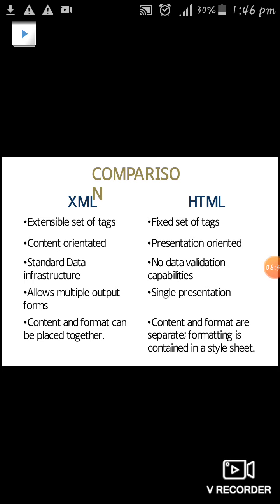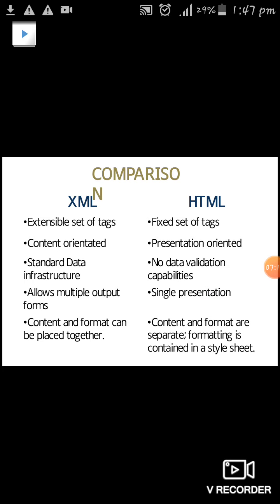So next is the comparison of XML and HTML. In unit 1, we clearly defined the tags of HTML and the enhanced technologies of HTML, that is dynamic HTML. So basically HTML has a set of predefined tags. By using those tags, we can design web pages. But XML has its own set of tags. The work of XML is to store the data in one place, but it is not for designing. It basically stores the data wherever it is.